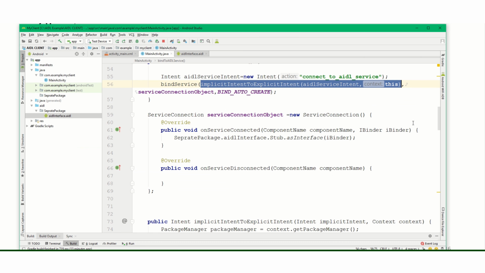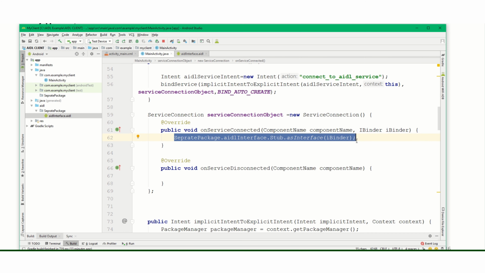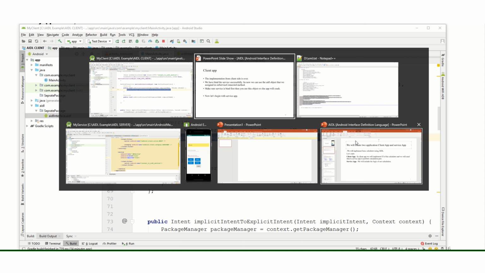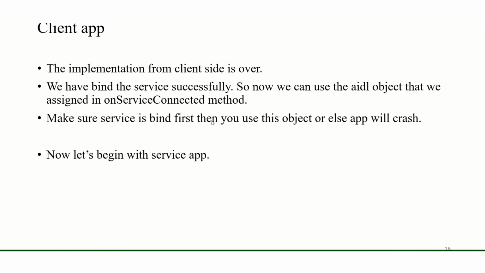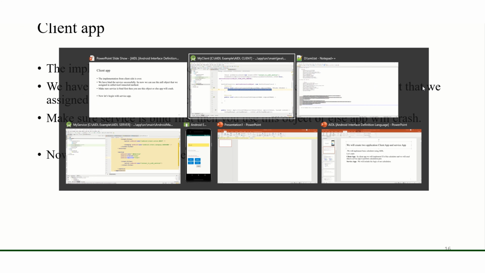So let's see what it is. Yeah, this is the object which I was talking about in the PPT, this AIDL object.